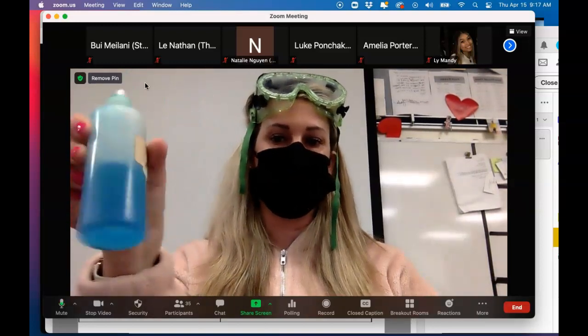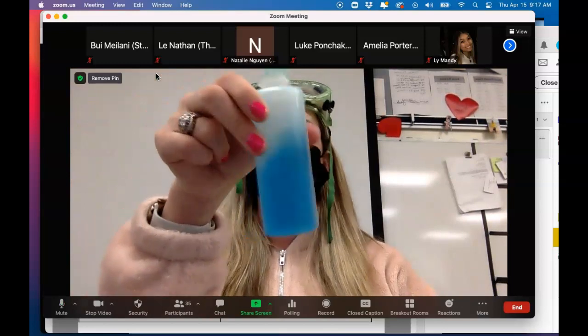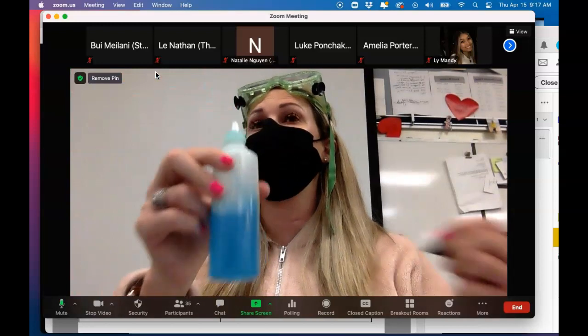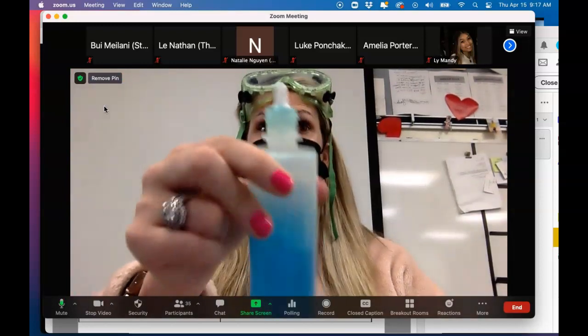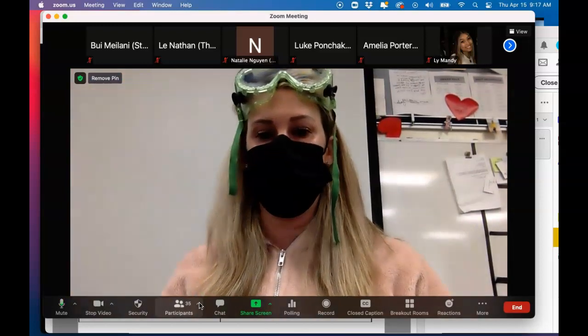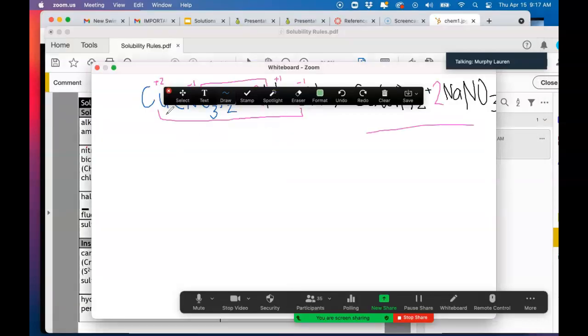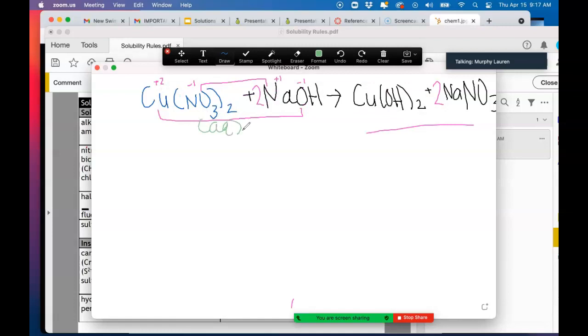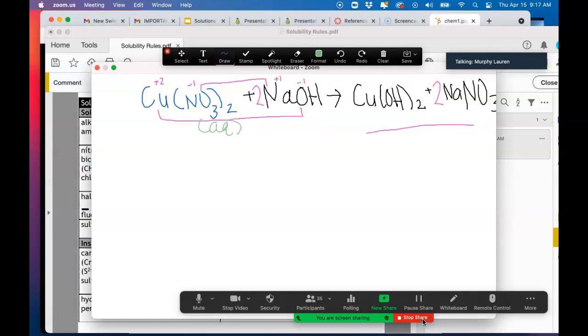What state of matter does this look like? Aqueous. It's a liquid, but it can't be a liquid because it's not pure water, right? So we call it aqueous, right? So this is an aqueous solution of copper 2 nitrate. So let's put that. So this is aqueous. And then I'm going to use sodium hydroxide,